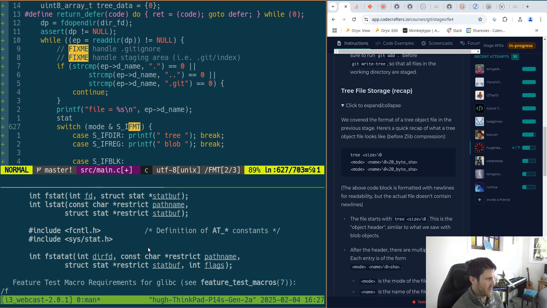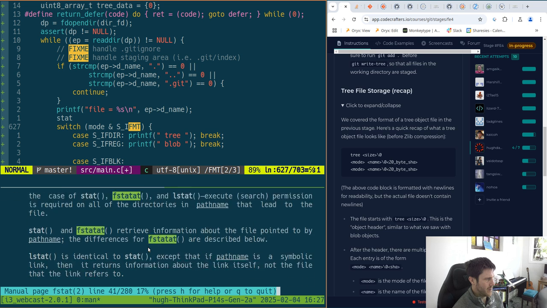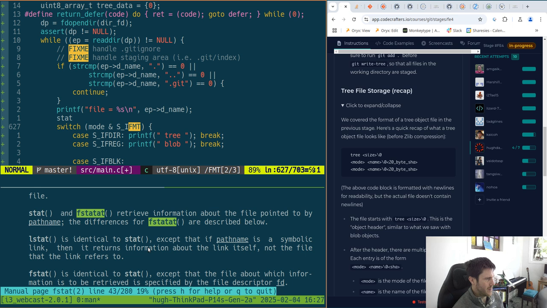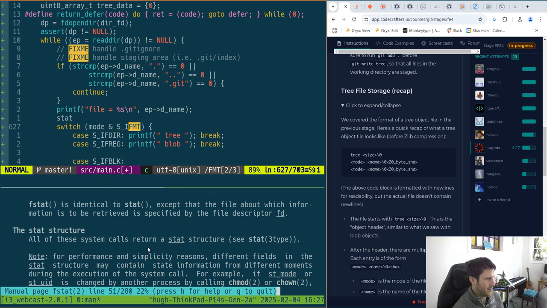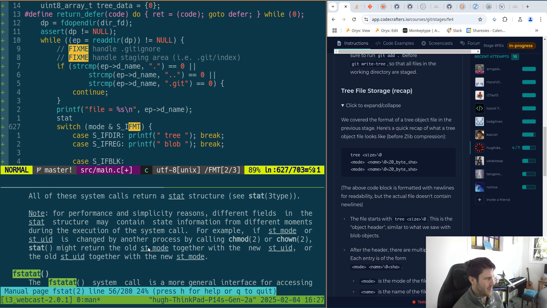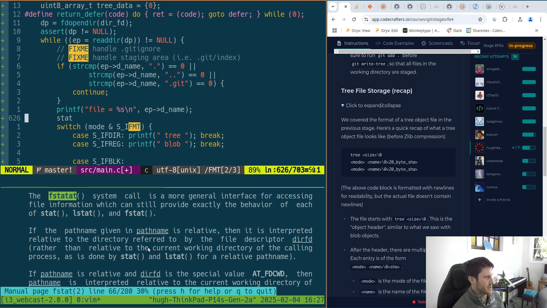I would imagine if I can use it for fstat, then I can probably use it for fstatat. I think this is potentially what I want. Cool. So we'd want an fstatat,